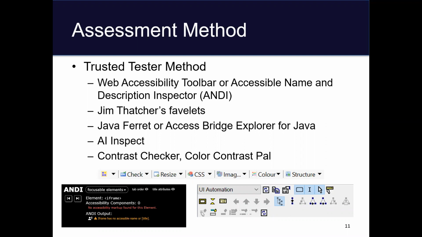Many UConn sites are deployed using Aurora templates, which means that not all remediation can be done by individuals or departments, but instead needs to be referred to ITS. However, templates are often customized, either by the ITS web development and design team or by a department or individual. These site-specific theme issues may need to be directed to ITS, or they could be addressed within a department. Content issues are the responsibility of the content author, so anybody who's able to modify content on a given website.